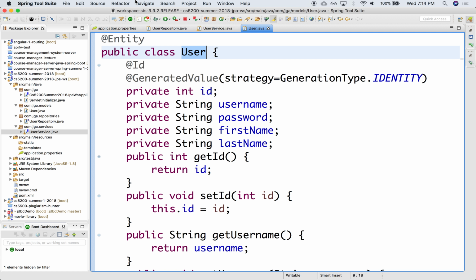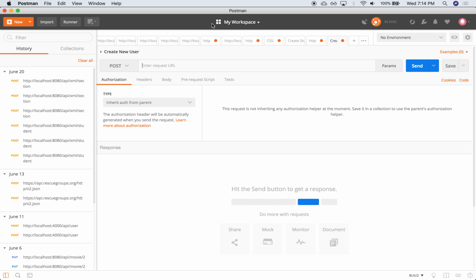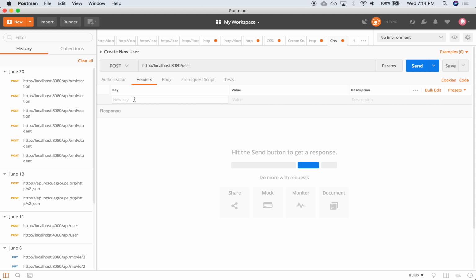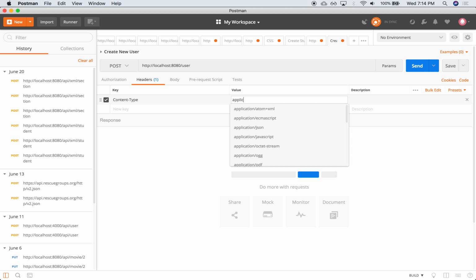We're going to post to, let's see, right here. And there it is, HTTP 8080 user. And the header is that we'll probably need just a content type, letting you know that it's application JSON,